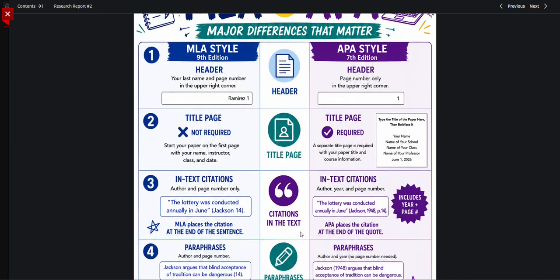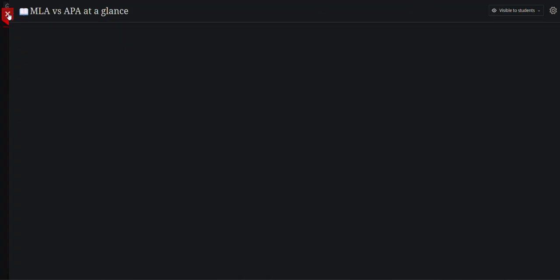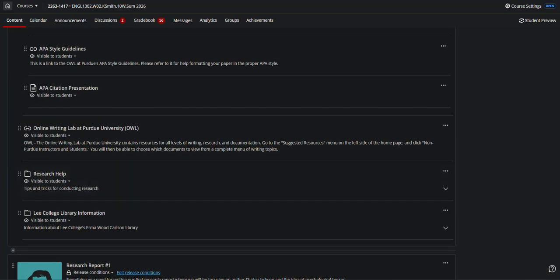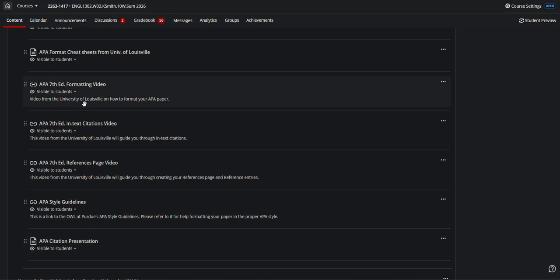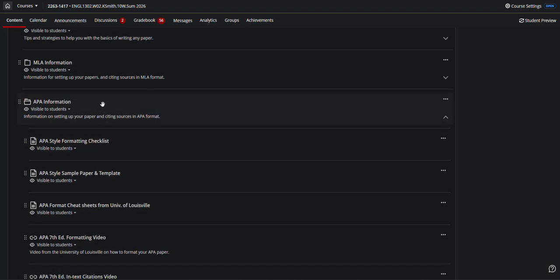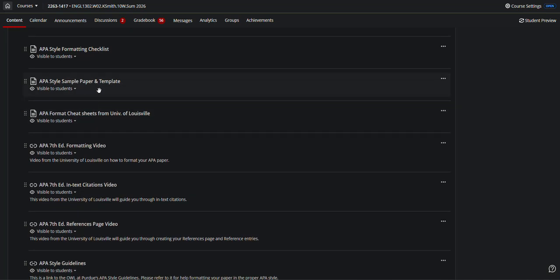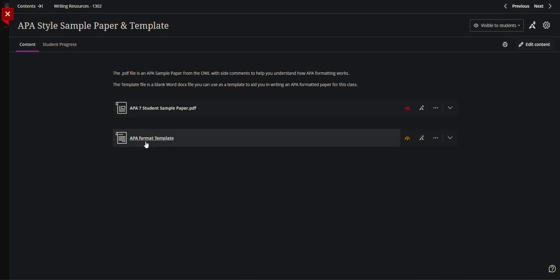And there you go. So this particular chart is found right here in the main Blackboard page. And I will replace that chart with the checklist in the writing resources. So going back to writing resources, there's still a lot more information about APA should you need it. There's the template, like I said. Let me just show you what I meant by a